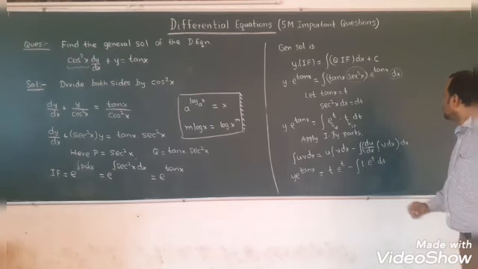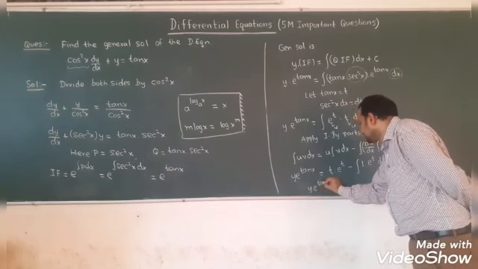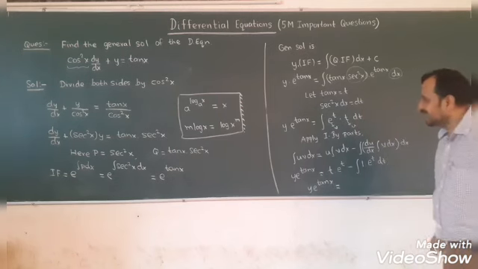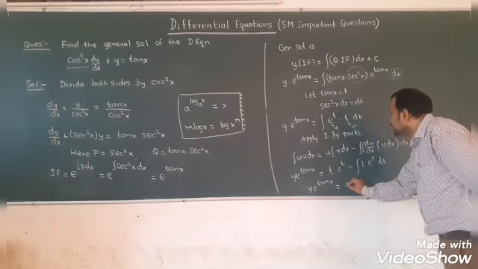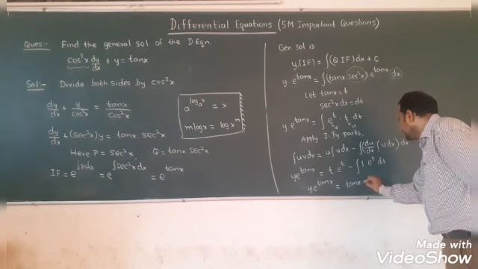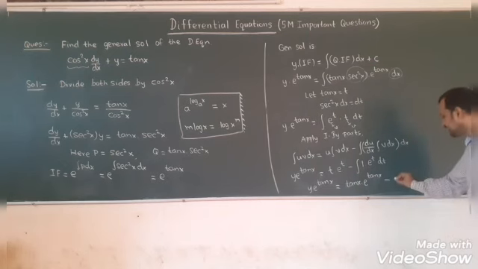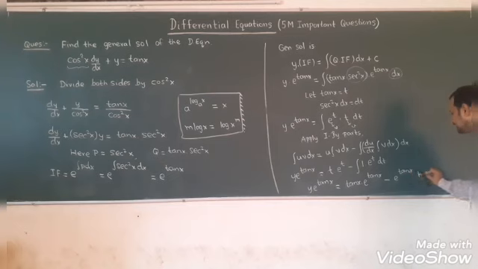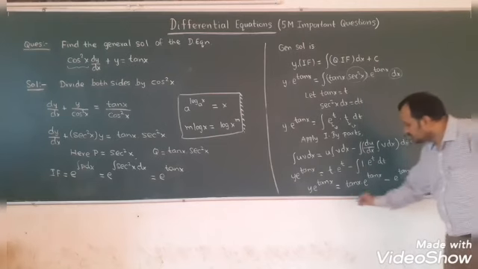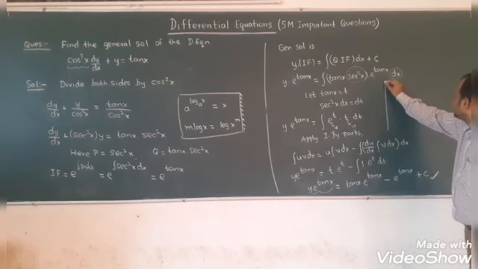So finally y into e power tan x is equal to, what is t actually? T is nothing but tan x, so tan x into e power tan x minus the integral of e power t, it is e power t, and t is nothing but tan x, plus c. If you want, you can leave the answer like this. Otherwise, one more step: divide both sides by e power tan x. So I am writing the answer here.